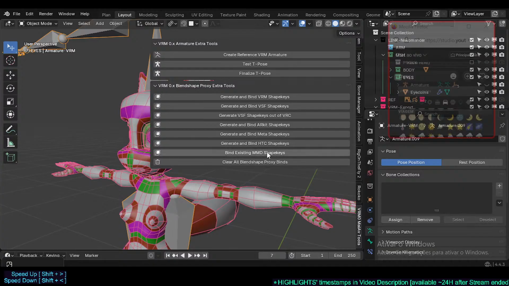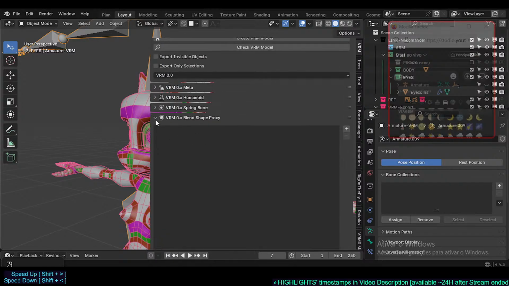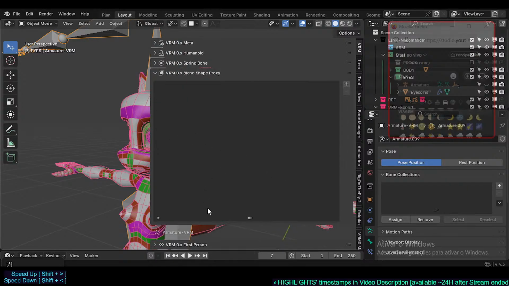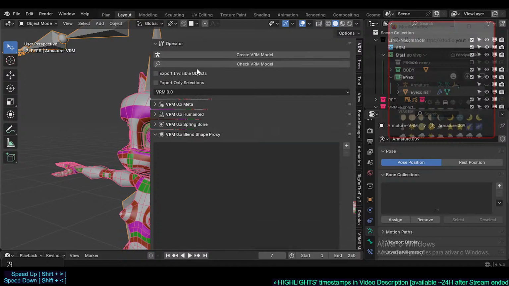I have no idea what they are. Binding existing MMD, yeah, this is another virtual reality modeling stuff. So, clear all blend shape proxy binds. This probably can destroy the project. So then you see, if we go back there,